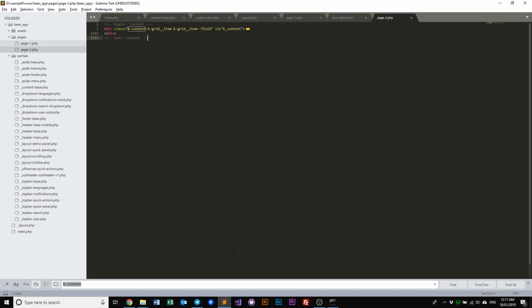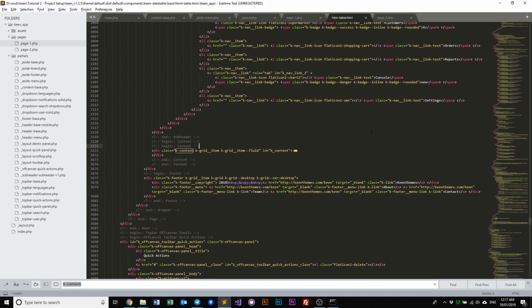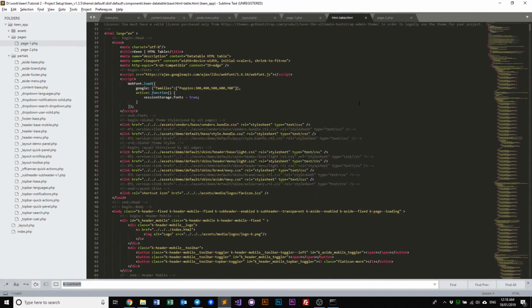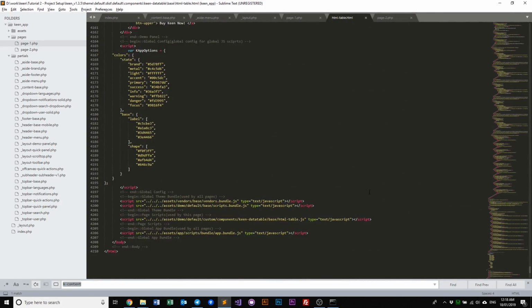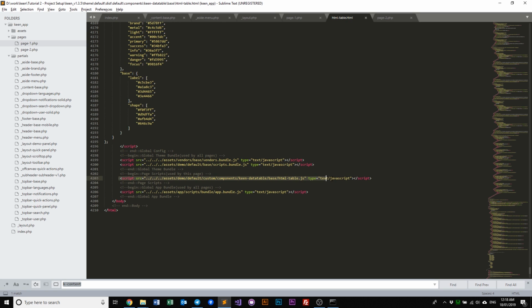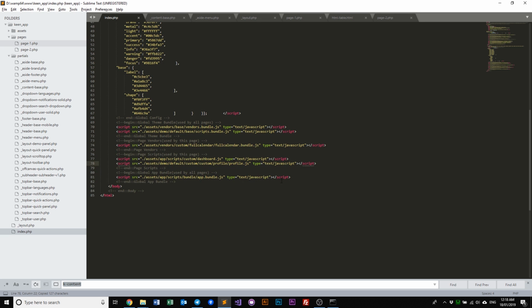So similar with the page 1, we go back to Keen's source file and look into the top to see if there's any CSS that needs to be included. And nope, go all the way down to our JS, and yep, right here we need to include the HTML table JS file to initialize it. So let's copy that, put it in our index, paste it here, and fix our path. Okay, so now